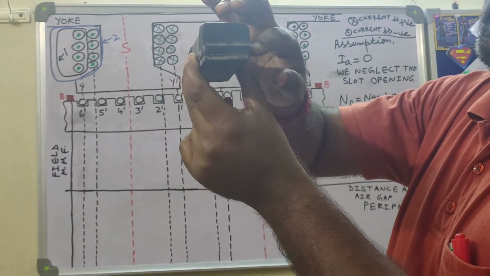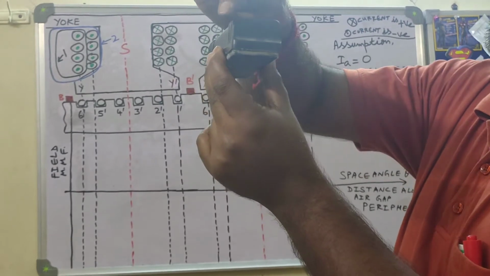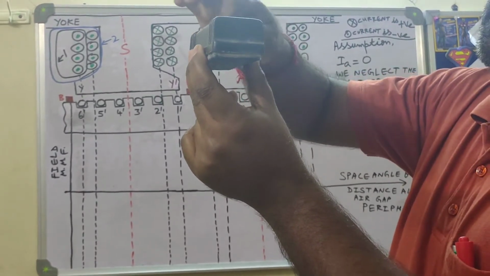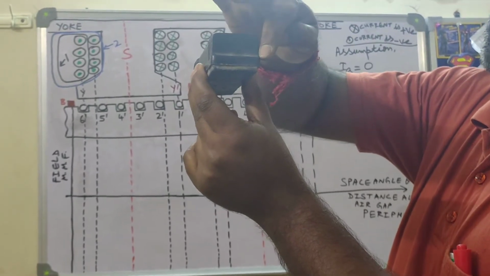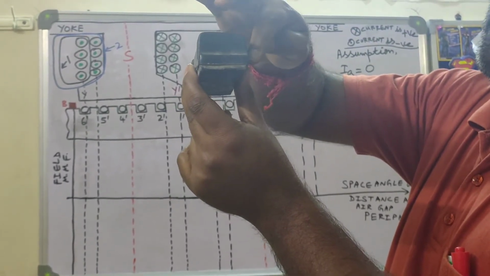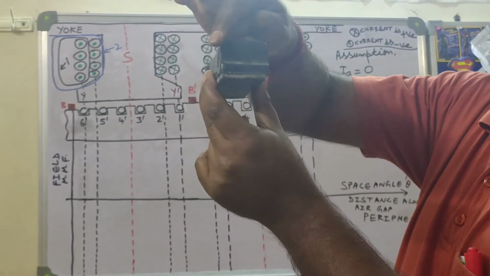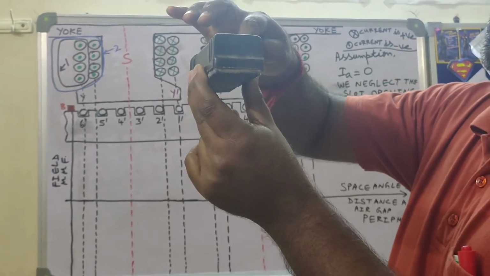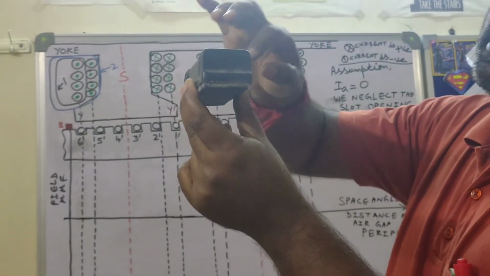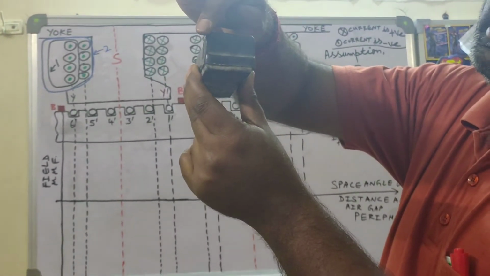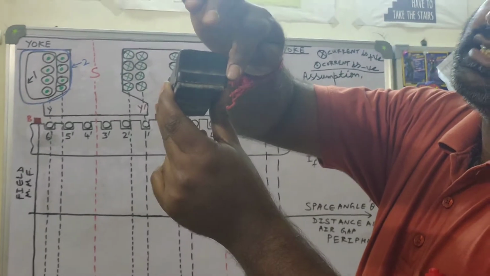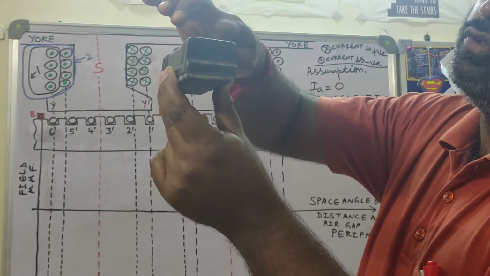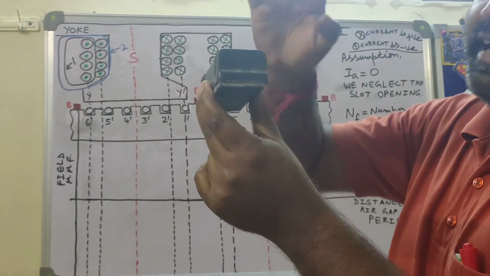But you have to place, say, 8 turns. So what will you do? You start from the top, and when you are winding, after making 4 turns you have come to the bottom. So again you start from the bottom and move to the top. So another 4 turns will be there. So there will be a total of 8 turns. But in doing so there will be two layers. One layer is starting from top to bottom having 4 turns. The second layer is starting from bottom and moving to the top having another 4 turns. So there are 8 turns.